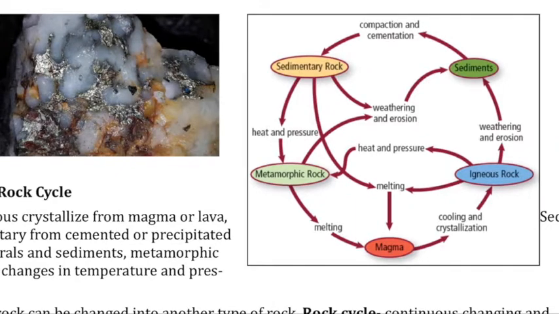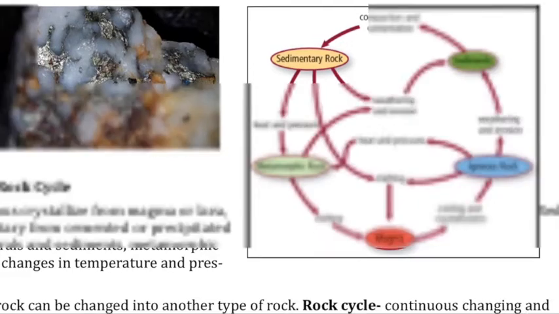You could melt any of these rocks and turn it into igneous. Or that once it's a rock, it could break apart by weathering, be transported by erosion, deposited, and then eventually glued into a sedimentary rock. It's not that all these things happen, but they could happen. There's a cycle that could make